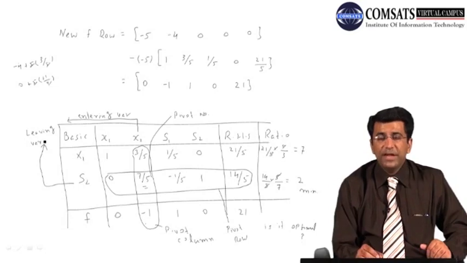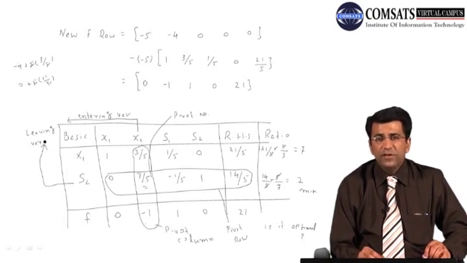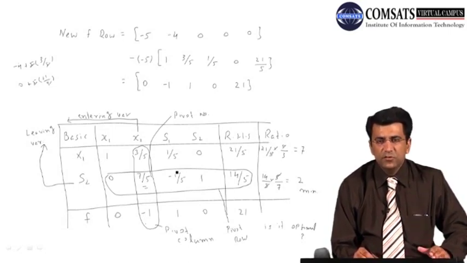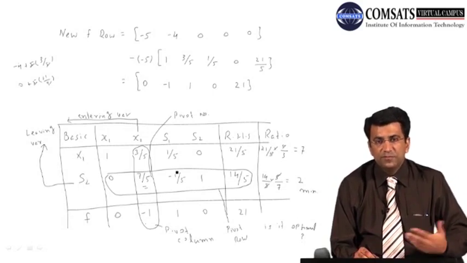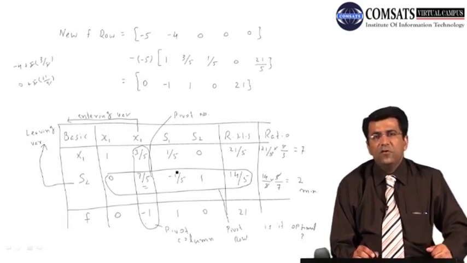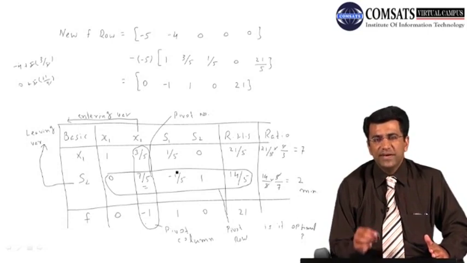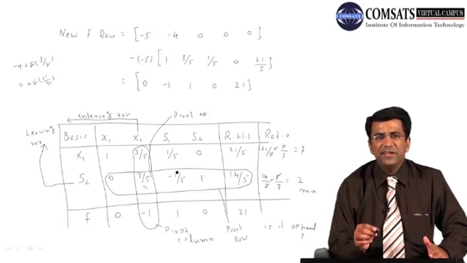So again class, what is meant by entering variable and the leaving variable? When we formulate the next table, we will replace this leaving variable by this entering variable. So this is particularly what is meant by the entering variable and leaving variable. So again class, we will have to make this loop, and now this is the point at which you are going to understand what looping and iteration are. That is the step-by-step procedure. We'll have to go through these steps again and again until we achieve some optimal solution.